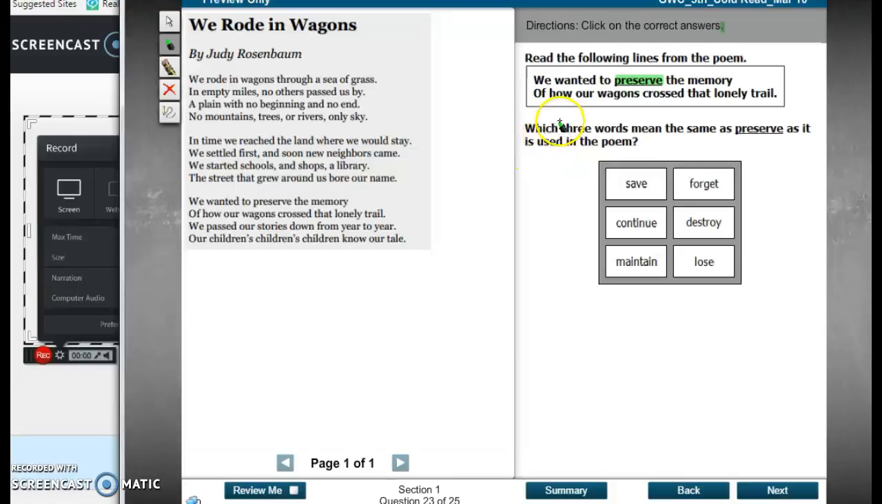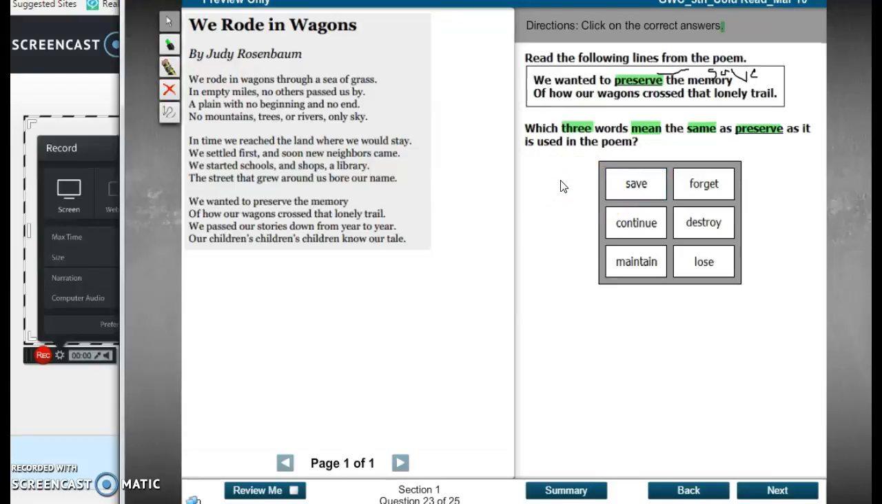Here's our question. Which three words mean the same as preserve as it is used in the poem? So the first thing you need to do is ask yourself, what does preserve mean in this poem? We wanted to preserve the memory of how our wagons crossed the lonely trail. Sounds to me like they wanted to save the memory. And you could write that on scrap paper. I'm having a hard time writing with this, but whatever. All right, so let's take a look at our choices. Well, right there,